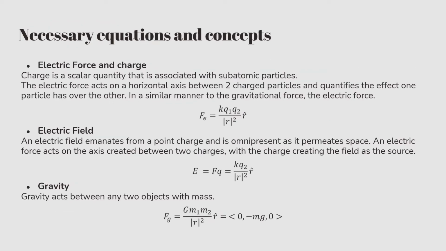Some necessary things we're going to need to know for the experiment. An electric field will emanate from a point charge, which both pieces of tape, for the sake of this experiment, are being treated as, and is omnipresent as it permeates space. It is what causes electric forces to act between two objects, and because we're assuming that the system is isolated, we can conclude that the electric force generated by the electric field is going to be equal to the magnitude of the gravitational force, which on Earth is equal to mass times the gravitational constant in the negative y